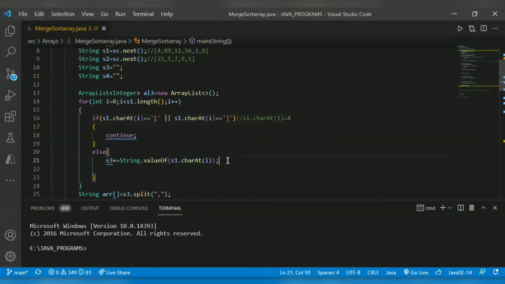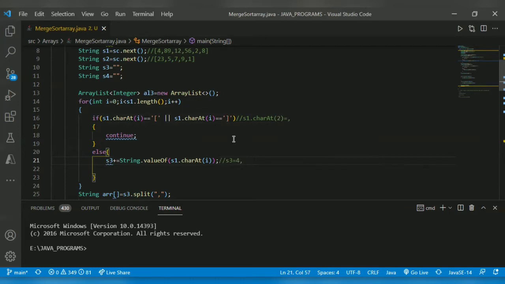So it will store s3 equal to 4. Then s1 dot charAt of 2 is comma. So it will not go there. It will come here and store, concatenated with the previous string.